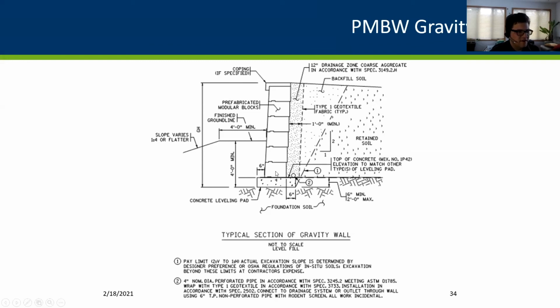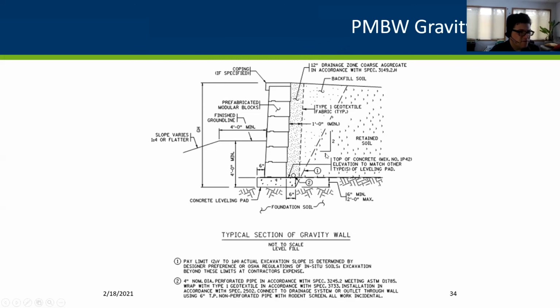The blocks then are supplied, and the shapes are different from wall type to wall type. Behind those blocks, we'll see a drainage layer, just a foot of coarse aggregate, almost like a French drain, that allows water to be drained out from behind the wall, so you're not seeing that hydraulic pressure in the design. And then you have your backfill soil. Again, it's that same 3149.2.D2 material.